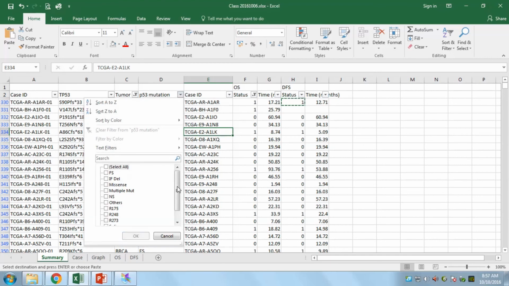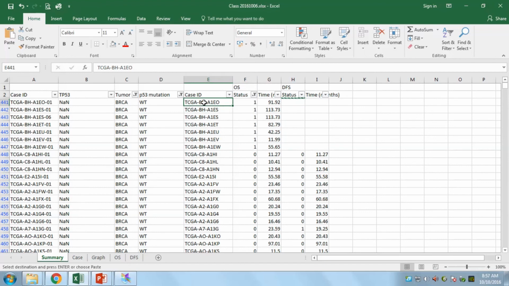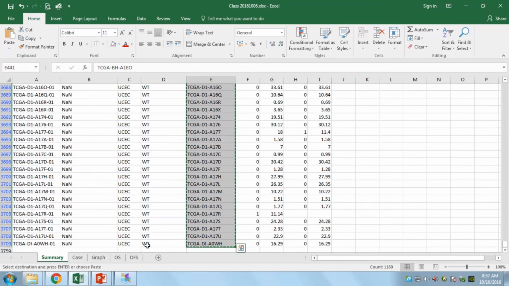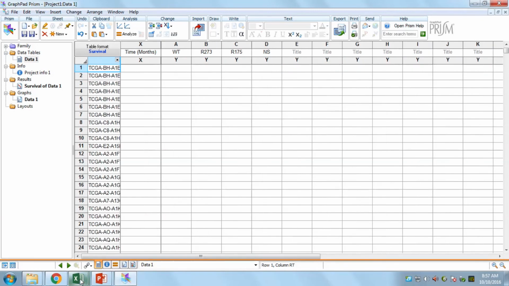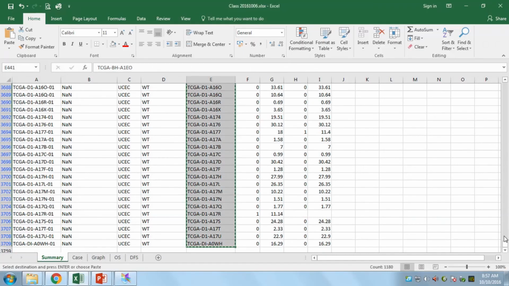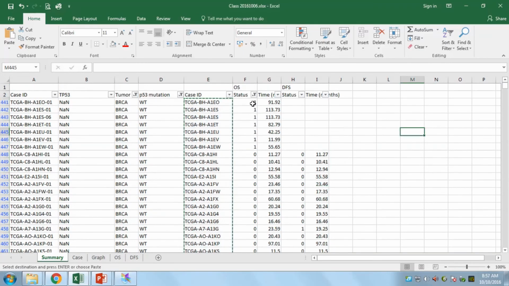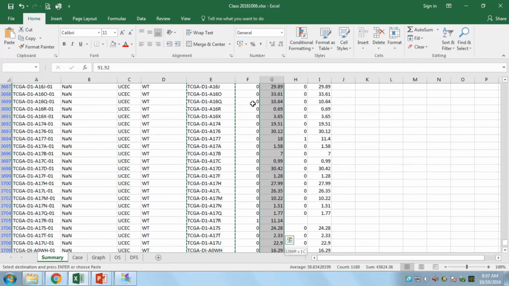So first I'm going to look at the wild type cases. This includes all the 6 tumors that we are interested to look at. I'm going to copy and paste the title here. Then after that the status, oh, sorry, the time first. Then,